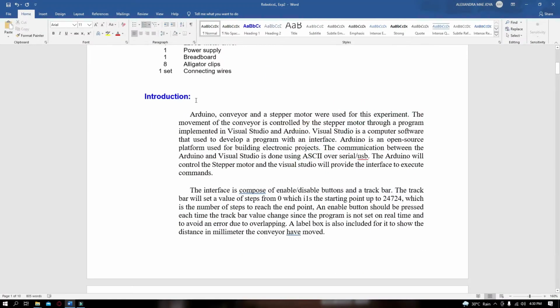So for a brief introduction, Arduino conveyor and a stepper motor were used for this experiment. The movement of the conveyor is controlled by the stepper motor through a program implemented in Visual Studio and Arduino. Visual Studio is a computer software that is used to develop a program with an interface. So again, we're not going to use the Visual Studio but just use the Arduino microcontroller and its application